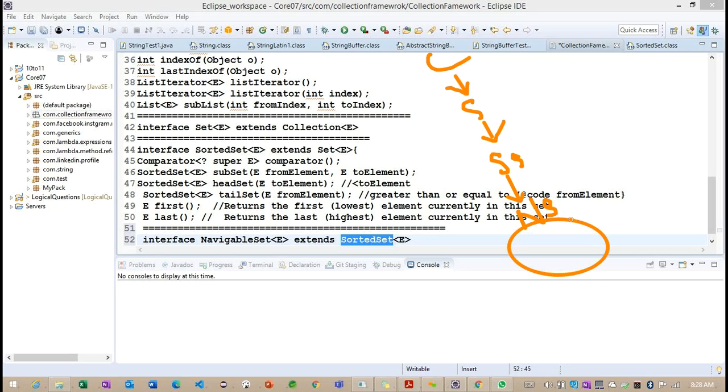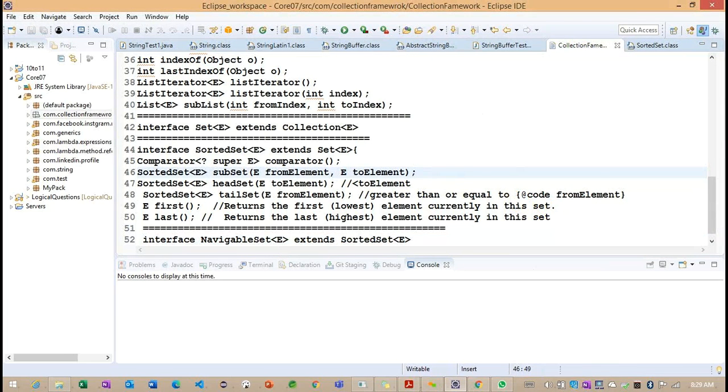Along with the collection interface methods and sorted set methods, navigable set will also have some specific methods. We need to understand what specific methods we have inside this navigable set.